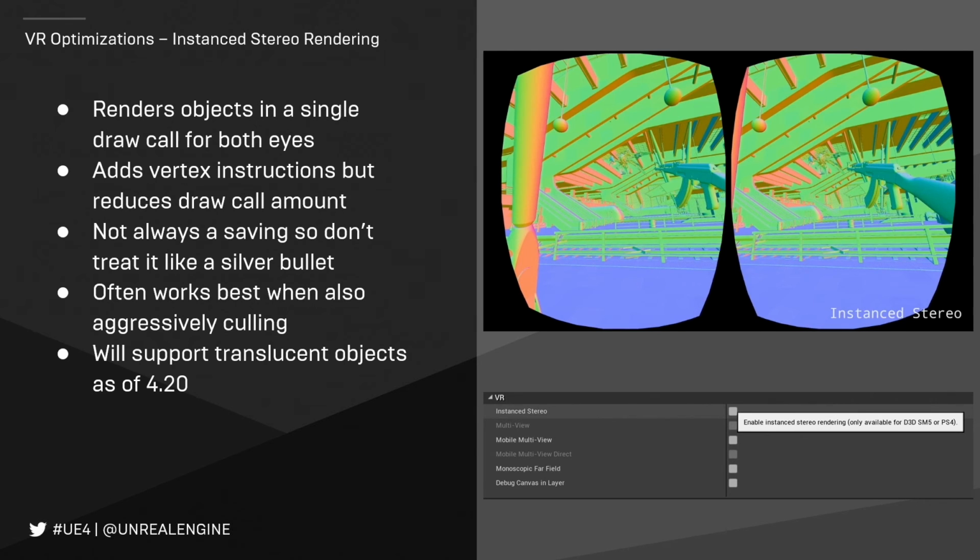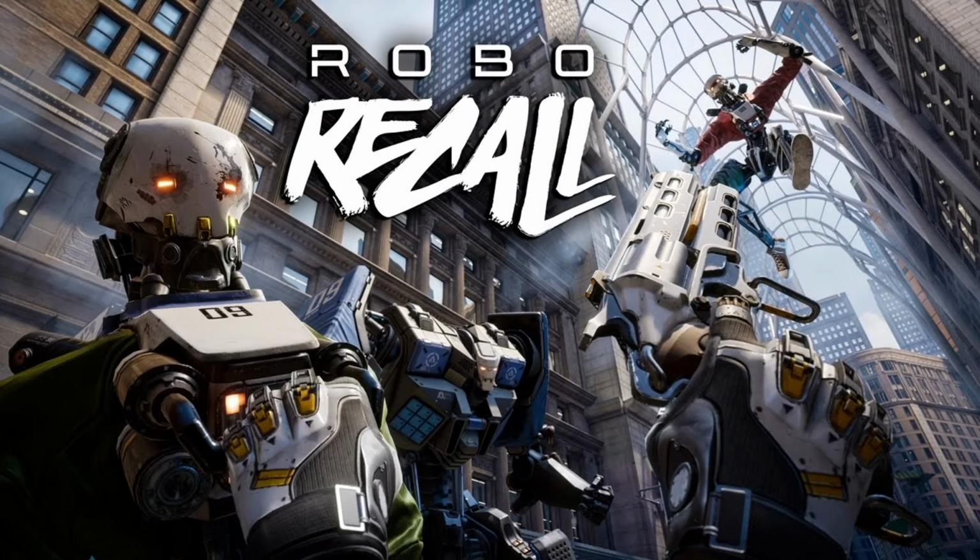Now, one thing that's worth mentioning that is not enterprise is Robo Recall. So this was a game Epic made with Oculus, okay? And if you go to the modding tab of the Unreal Engine launcher, the game is freely available for you to analyze, okay? So it's a VR shooter that's in the editor. Now, I bring this up because a lot of people look at it and think to themselves, well, I'm not making a shooter, who cares? But the truth is it is a very pretty game that has been very, very well optimized.